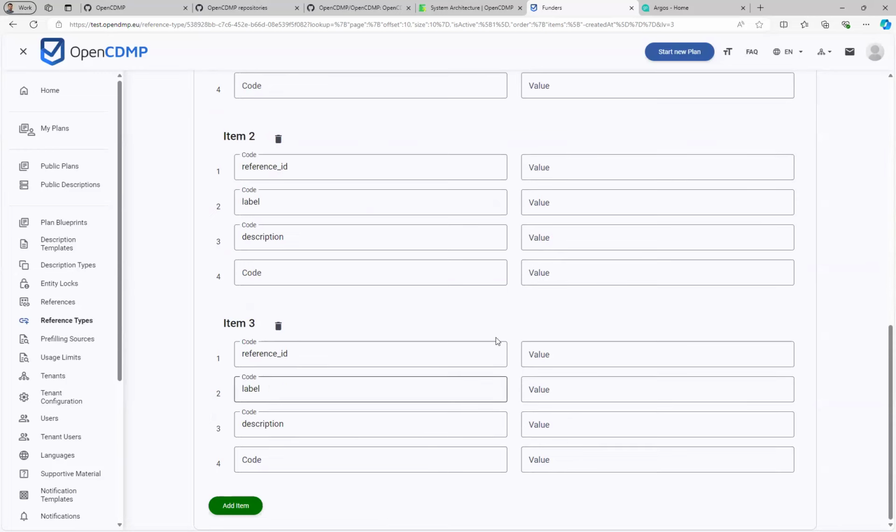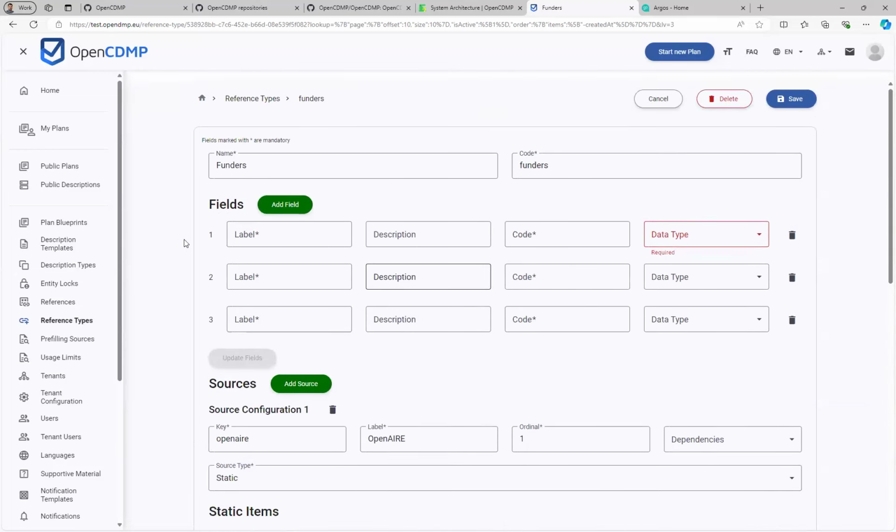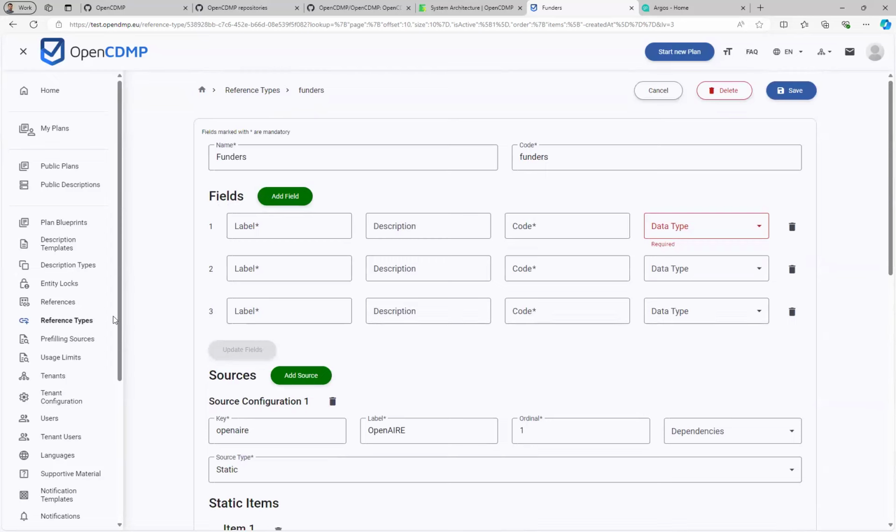And what would be the reference ID, the label, and the description of that item, and any other field that you might have. That's pretty much the external references functionality that we introduced in OpenCDMP tool.